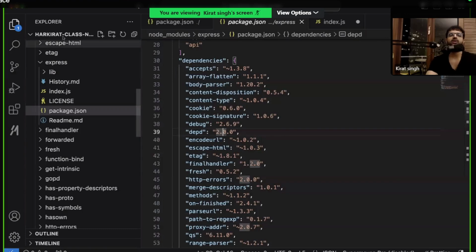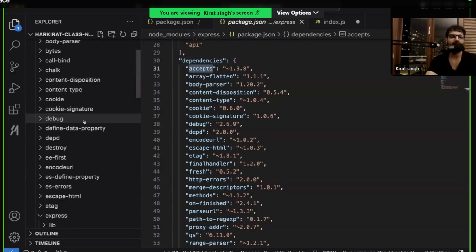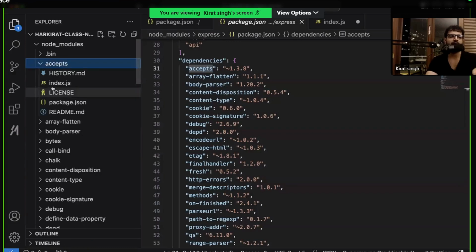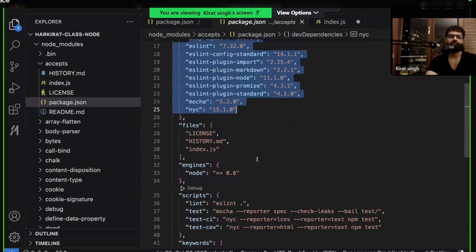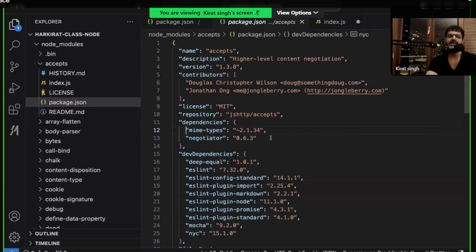So they also got installed over here. This accepts might have its own set of dependencies. Let me go to this accepts slash package.json, and it also has a bunch of dependencies. We'll come to what dependencies and dev dependencies is at a high level. The things that you need while your code is running are put here, and dev dependencies is the things that you need only during development. What is during development we'll come to, but think of these two sections as similar. Okay, these are the things that this guy depends on.